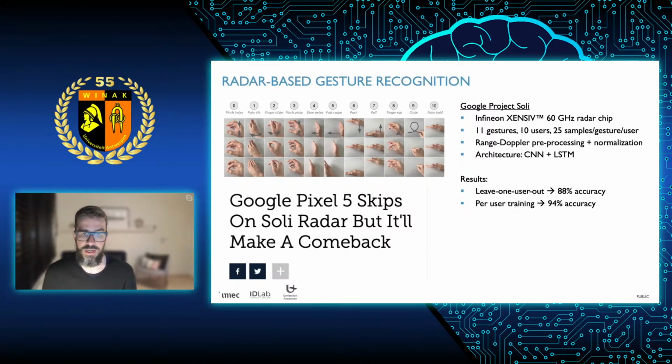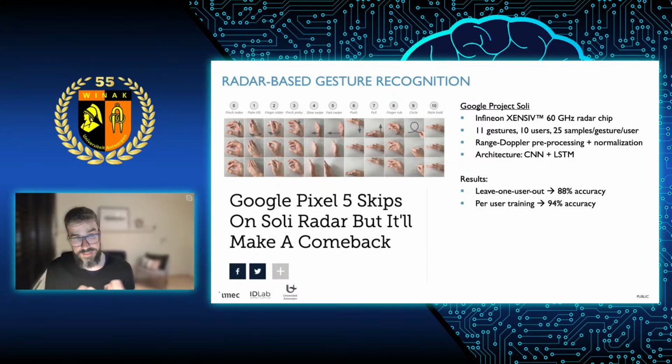If you just generalized across all the different users, they got a result of about 88%, which means that it still failed 1 out of 10 times. If you did per-user training, so if you asked the user to record some gestures themselves, it would get a better accuracy of about 94%, but still not really doable.